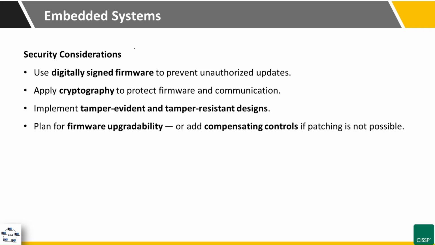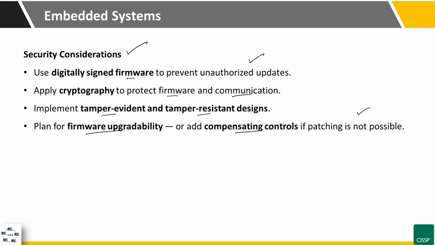So what are some security considerations for the embedded system? And they are to use digitally signed firmware to prevent unauthorized updates, that is to preserve the integrity of the embedded system firmware. Apply cryptography to protect firmware and its communication. Implement tamper-evident and tamper-resistant designs. We are talking about physical tampering with the embedded system. And plan firmware upgradability or add compensating controls if patching